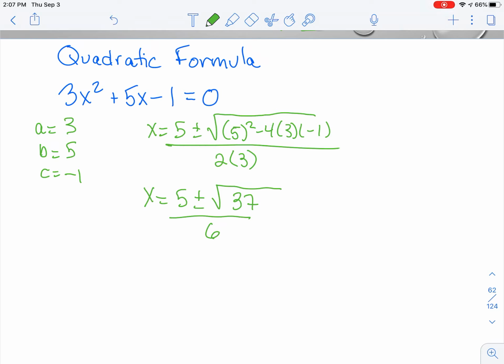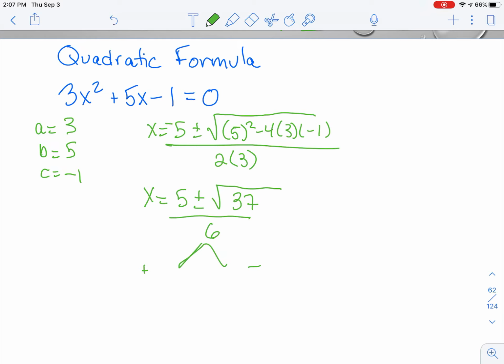So what I'm going to do, I'm just going to type in 5 plus the square root of 37 divided by 6, and then 5 minus the square root of 37 divided by 6, being sure to hit enter after I do the 37. So the numerator is calculated, then I'm dividing by 6. So I get,